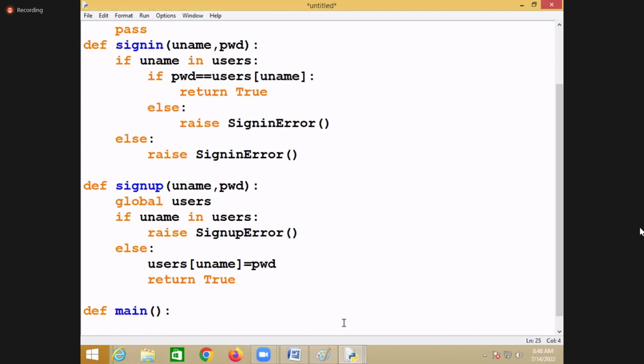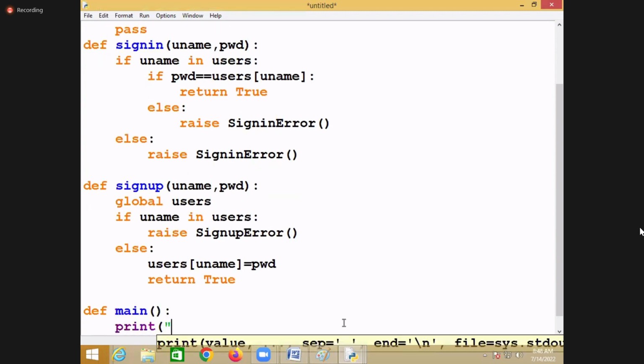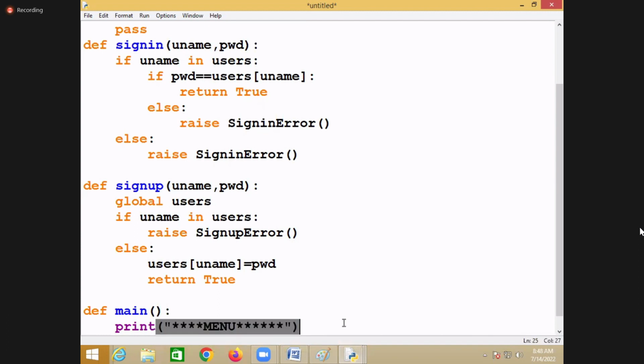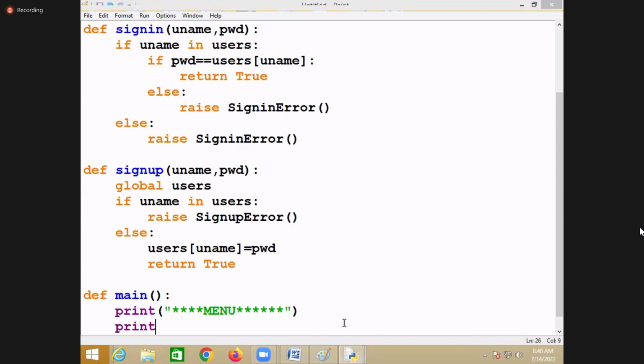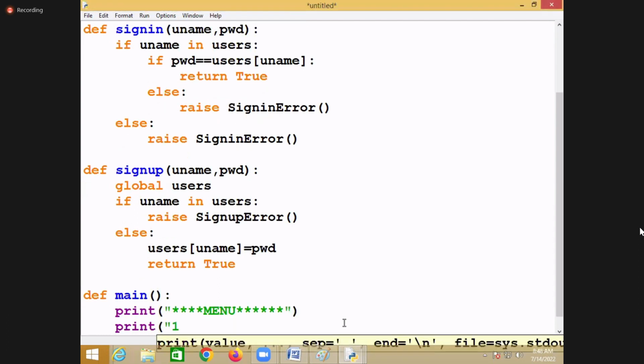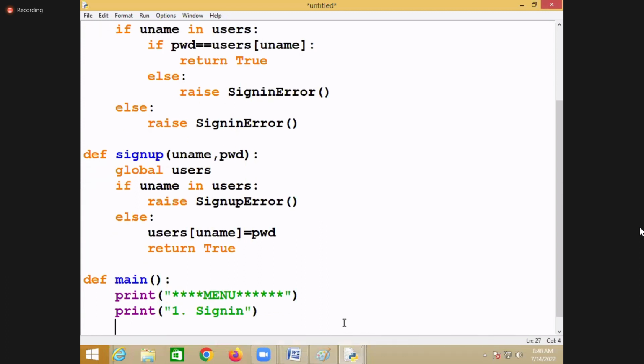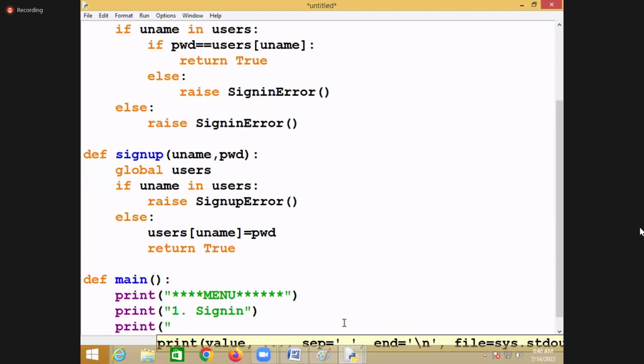Then this is the main function here. Within the main function, I'm trying to display the menu. This is a menu which contains two operations. What is the first operation here? Sign in. And what is the second operation here?